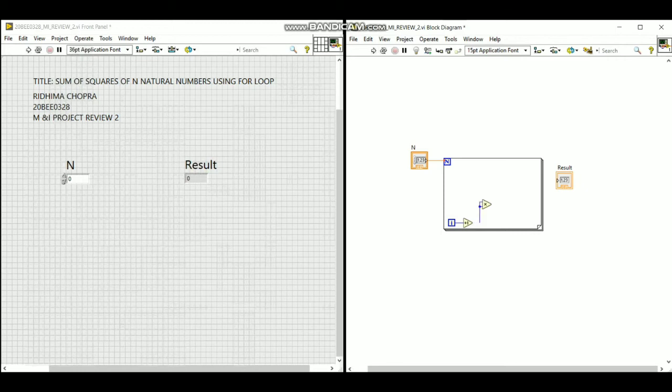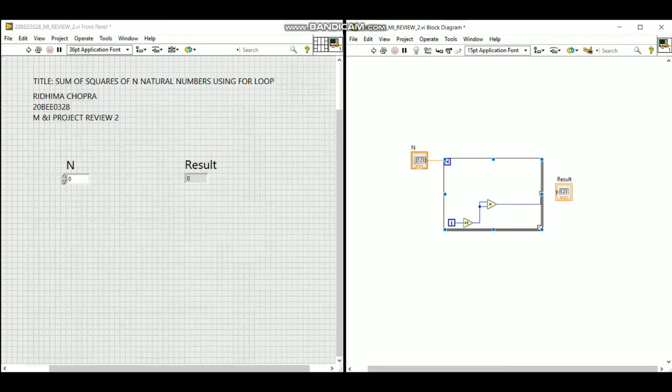Now let me adjust this multiplication operator a bit. Now I will connect this to the line here. This is the auto index tunnel and it will store all the values of the array.